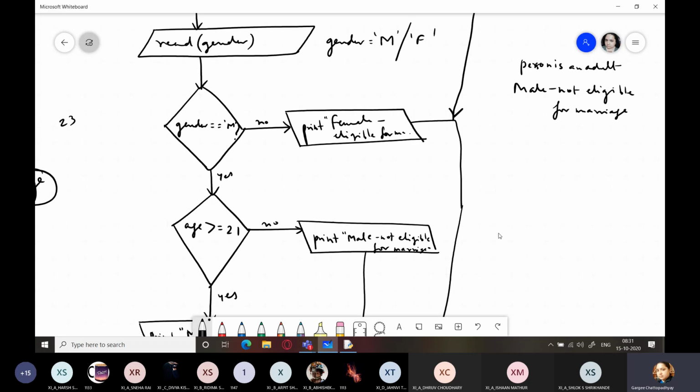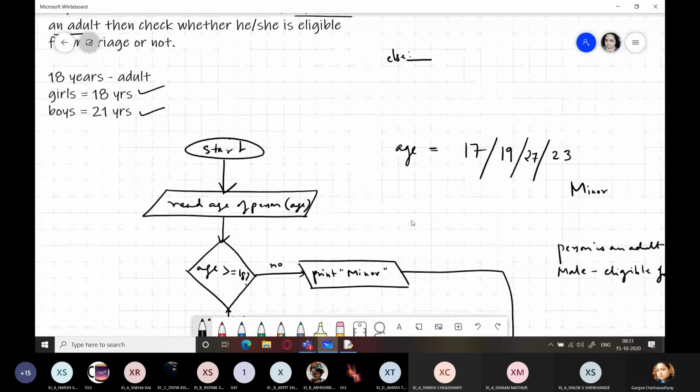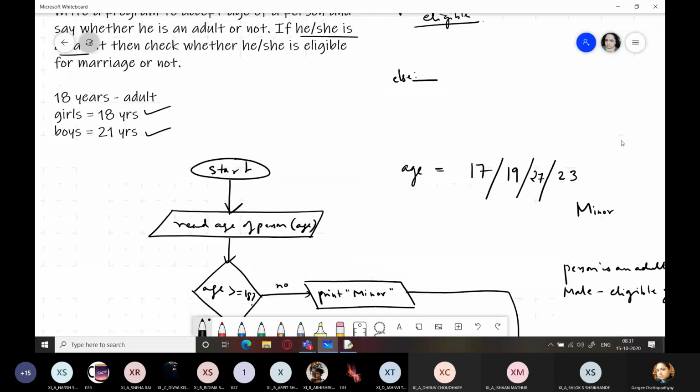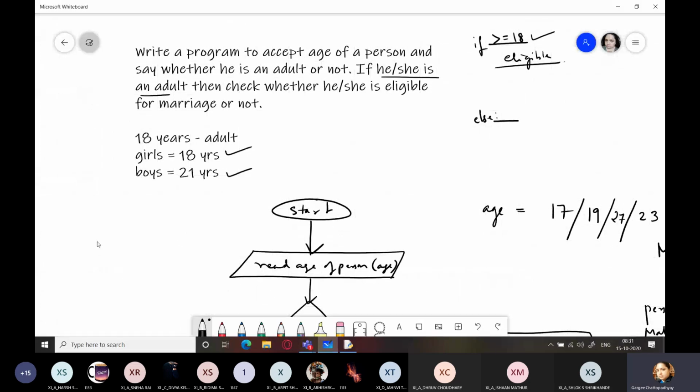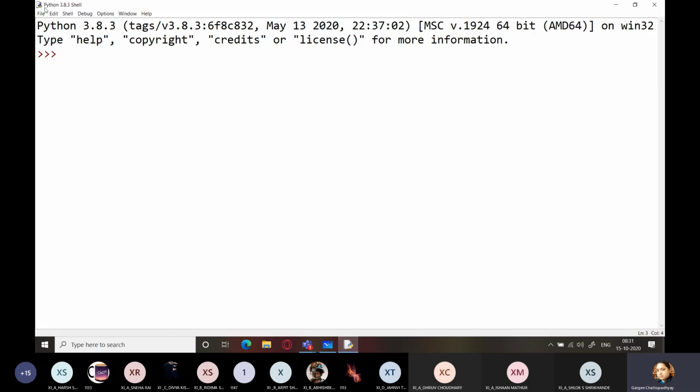Is this flow chart clear to everyone? First, write the question. It's over here. Write the question in your copy. I will give you some time to draw the flow chart. And we will be writing its program now. So wait, don't write it just now. I will send you that complete screenshot. You can write it later.